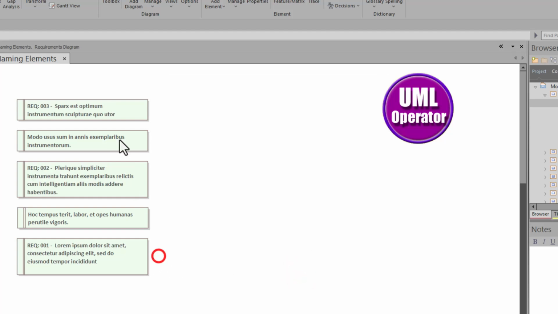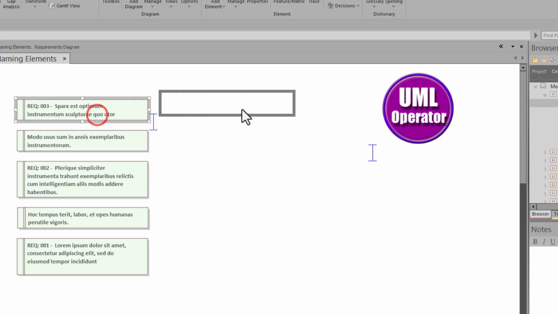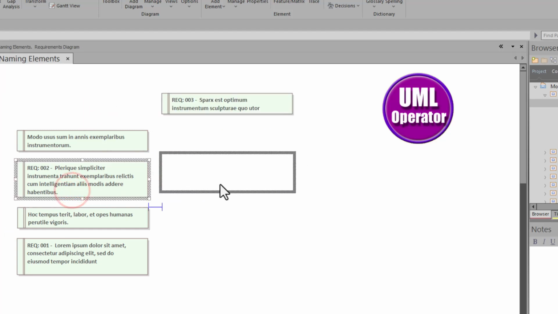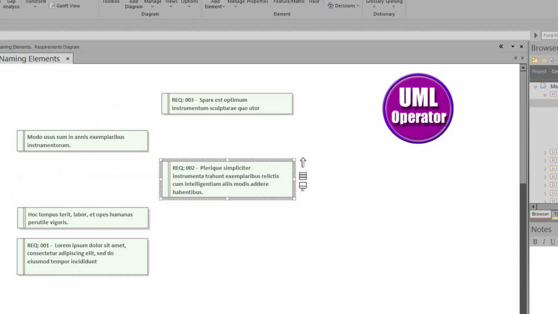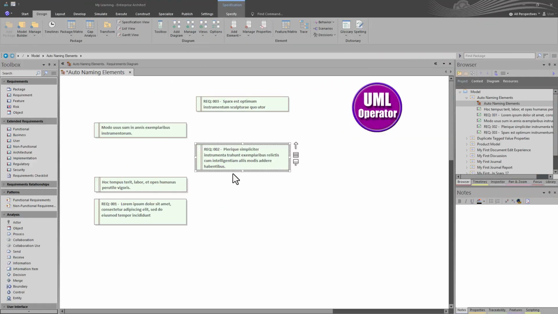So you can see here that for these, it numbered. For these, it did not. Now, once you do this, there's no undo. So if you just did 20 or 50 requirements and went, oh, that's not what I wanted to do, there's no going back. It is very important that before you make any changes, and I didn't do this on purpose,